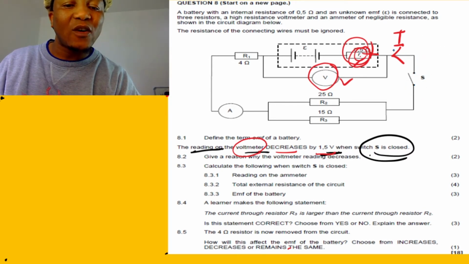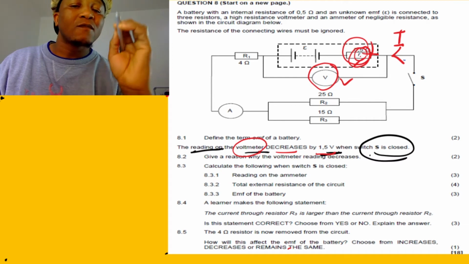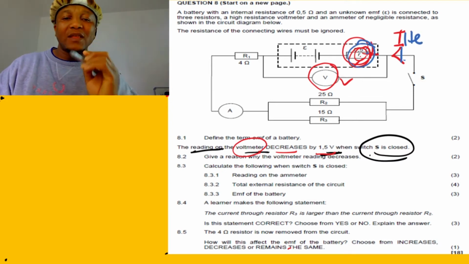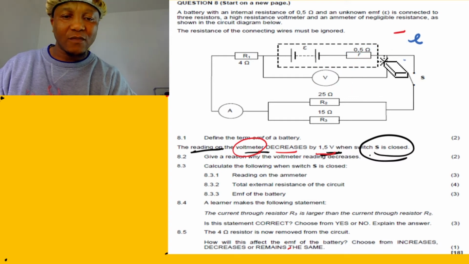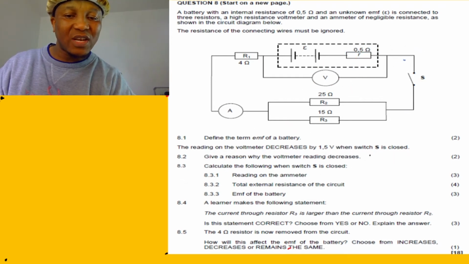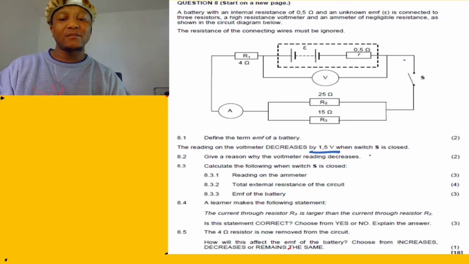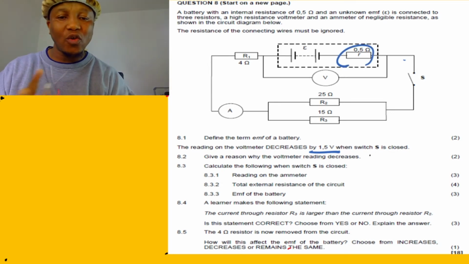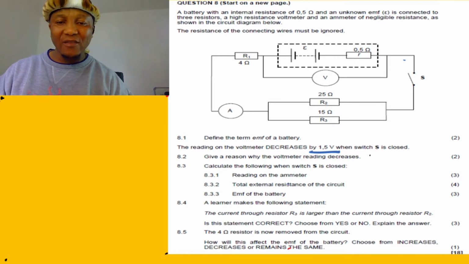So we can say, when the charges are flowing, this energy which is going to be passing through the internal resistance of the battery is going to be converted to heat energy. So the reason why there's a loss of voltage, which is 1.5, is that it will decrease, because the energy is converted to heat in the battery due to the internal resistance of the battery. Okay, so that one we're done. And if you want to get the right definition,